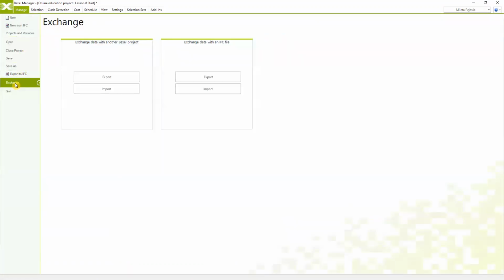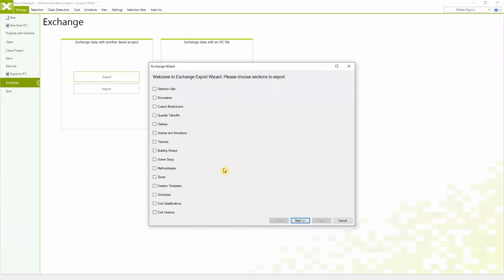So if you want to just exchange the information with other stakeholders, we can just export the available information. In this case, because we are exchanging the cost classification, I will just use this option, exchange cost classification, and